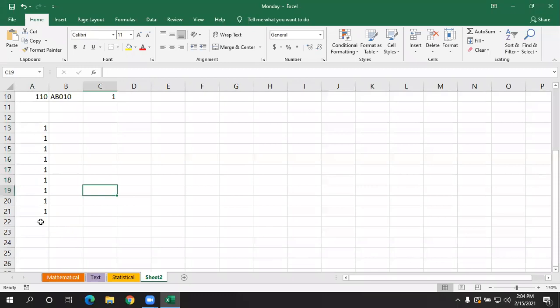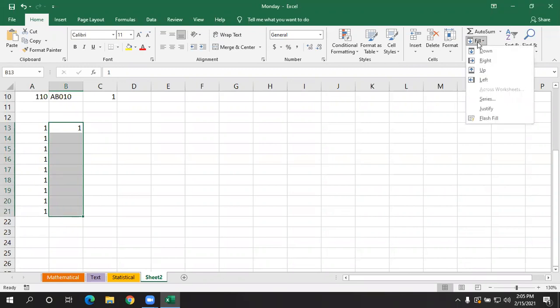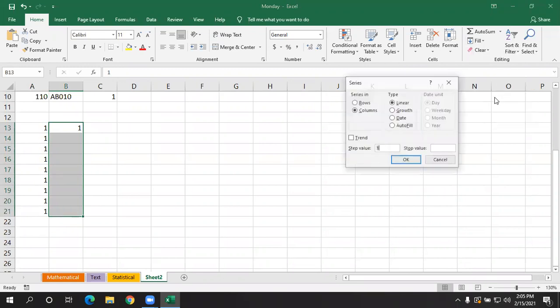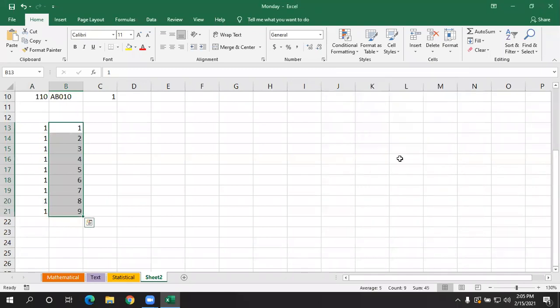we can see here the same value is repeated. Okay, if I want like 1 2 3 4 5 like that, from this cell you need to select the range, then go to fill, select here series. Here it should be linear. Linear means the next value will be 2, then it will be 3 4 5 like that it comes. If I click on OK, see it is filled like this.